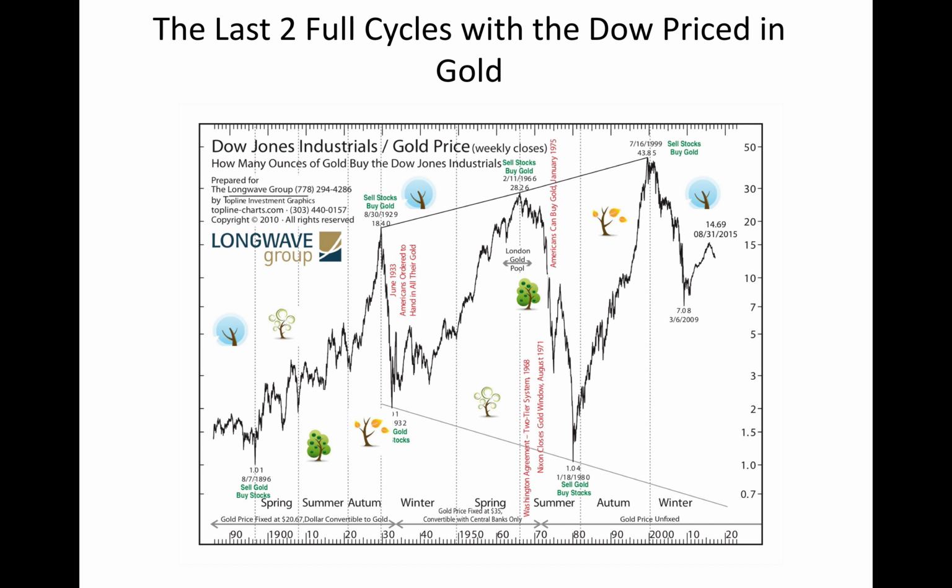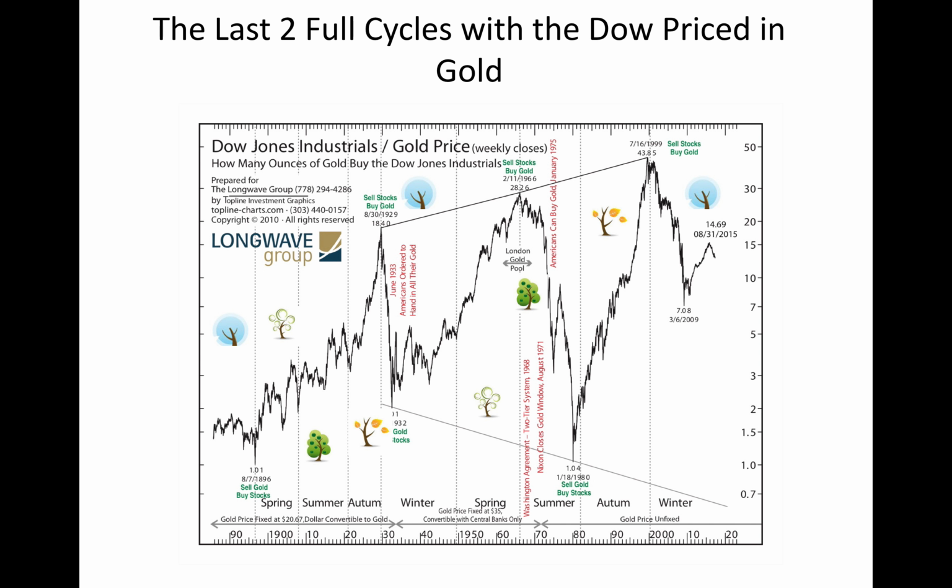In fact, if you take a look at what's happened really since 1933, which is about here on the chart. At that time, Franklin Roosevelt, who was president at the time, ordered all Americans to hand in their gold, as you can see from the chart. The reason, of course, was that the government wanted to print paper currency to try to combat the symptoms of the Great Depression, and they couldn't have a real currency or real money like gold competing with them. Since that time, the U.S. dollar, depending on what numbers you want to look at, has lost somewhere between 95 and 98% of its purchasing power. So let's just, for today's purposes, say it's lost a lot of its purchasing power.